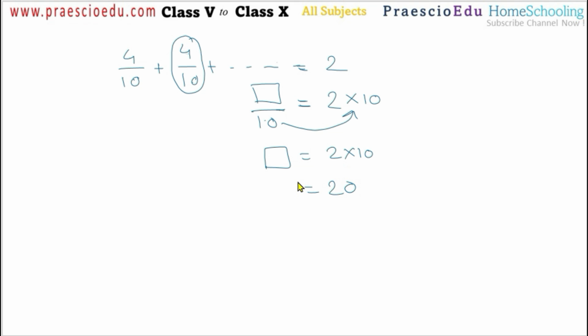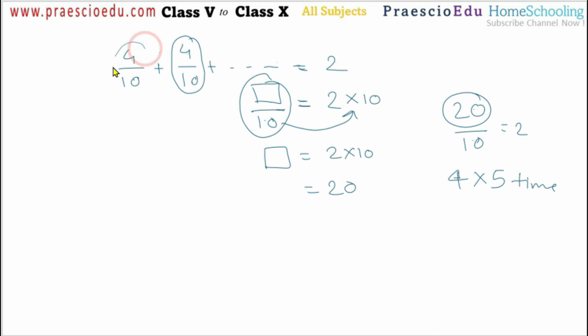So now we can say these fractions after the addition come to 20 upon 10. 20 upon 10, and after reduction, 2 comes, since 10 ones are 10 and 10 twos are 20. So this is correct. Now how many times it has to be added is our important point: 4 plus 4 plus 4, how many times will we add so that we can get 20? So this is 4 multiplied by 5, meaning 5 times we have to add.